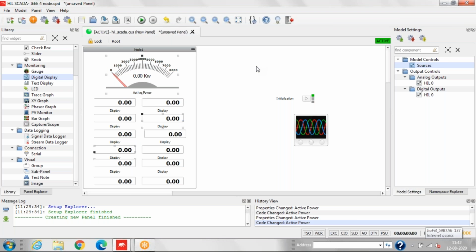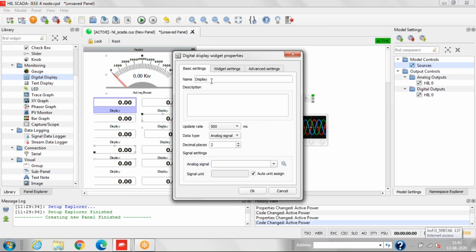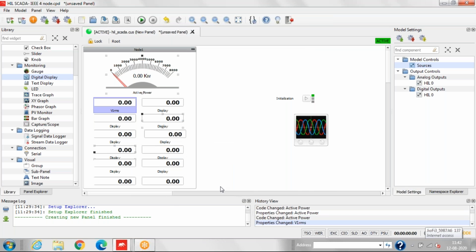Now we'll add the signal to the digital display. We want to measure first V1 RMS. So now we'll add the signal. Node 1 V1 RMS. Now we'll click OK.